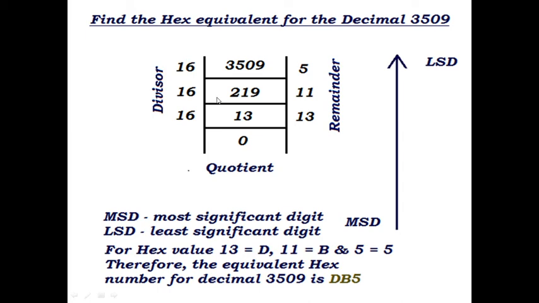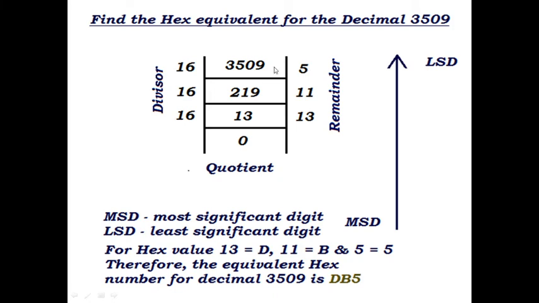Now here when you do it, in the last step you got 13. You cannot divide 13 by 16. So this 13 has to be moved to the side because that is the last remainder. You cannot divide it, you cannot go ahead. So please get that number on the right hand side. Again the same method, when you are writing the answer, it should be from bottom to top. You can remember this arrow. Okay, so the arrow is from down to top. So what is the answer? It is 13, 11 and 5.